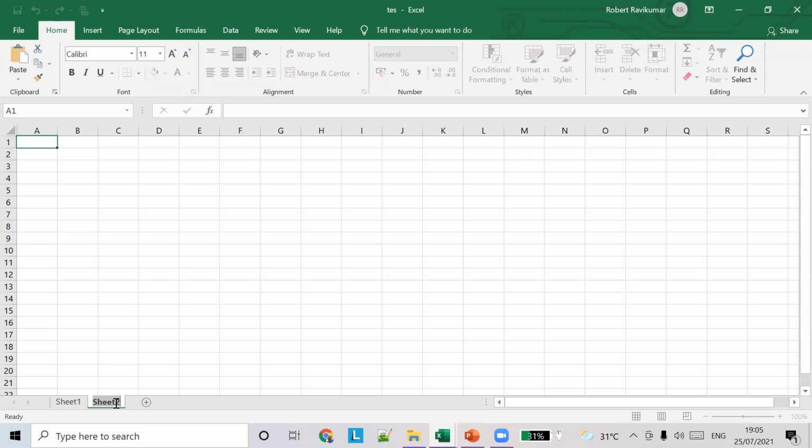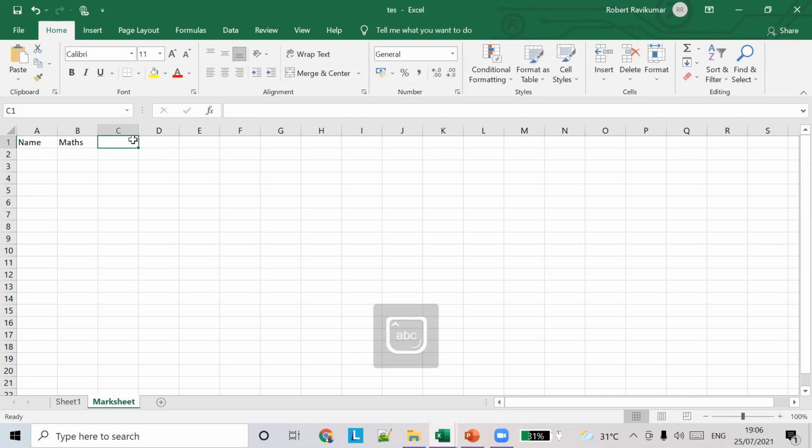So the second should be a mark sheet. Let's say mark sheet, and that is the name. Let's code something in Excel, and we have to give a result based on that. So we are going to type the name.